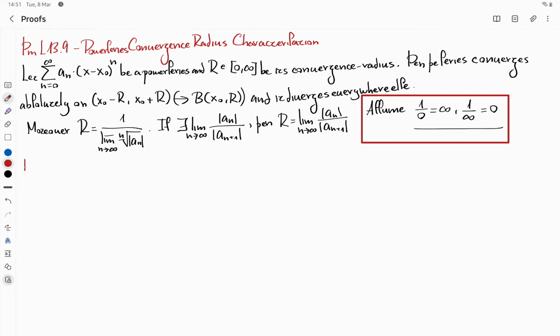Now, the proof. Put capital R, the radius, what would be supposed to be the radius, we want to prove it, equal to 1 over the limit superior of the nth root of a_n. Then, for all x such that the absolute value of x minus x0 is fixed and smaller than the radius, in other words, we are inside this ball, it holds